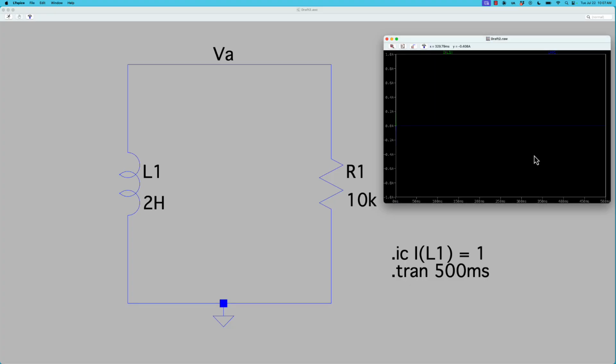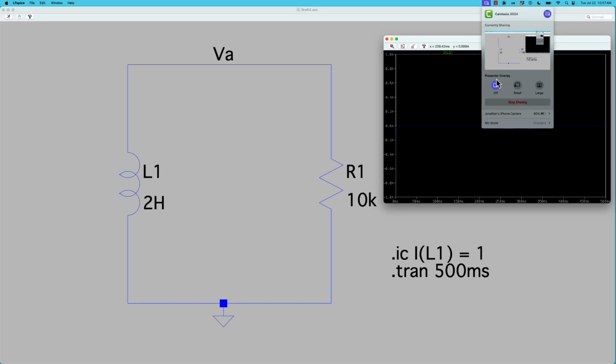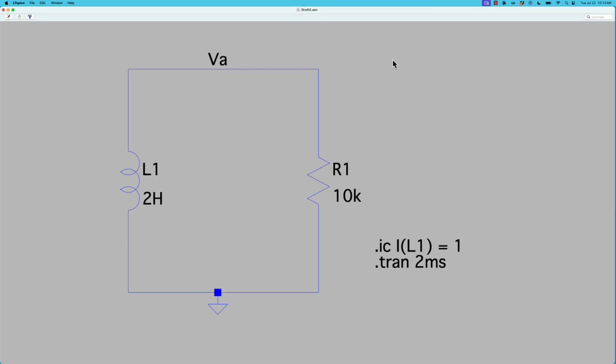Okay, hold on, it should be a similar e to the negative t over tau graph with a time constant. But we're not getting that, so hold on. Okay, so continuing where we left off, to find the time constant